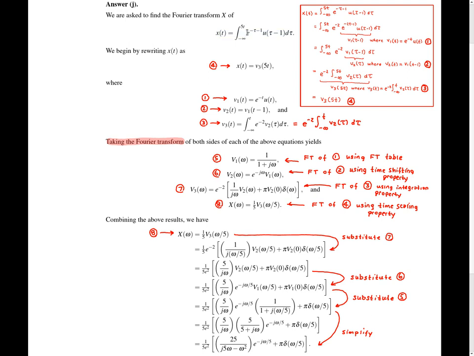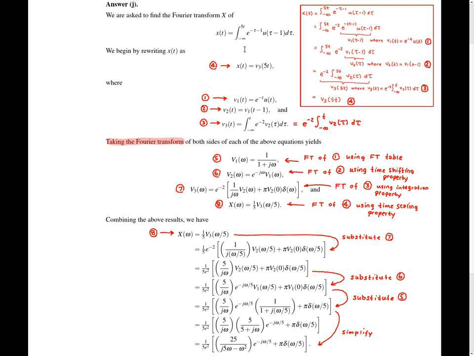Because we have something that looks a little bit like an exponential times a unit step function, probably we're going to need some Fourier transform pair involving a function that looks like that. Also, we have some time shifts happening here, so probably the translation property of the Fourier transform needs to be used. Also, we have an integration happening, so probably the integration property of the Fourier transform needs to be used. And also we have a time scaling operation happening due to this 5 here, so probably we need to use the time scaling property of the Fourier transform as well. So this is 3 properties of the Fourier transform plus one Fourier transform pair that we need to use to